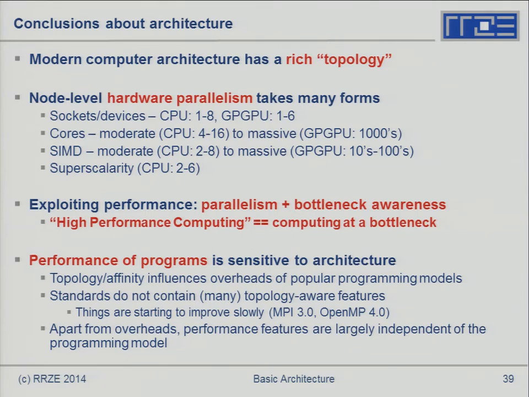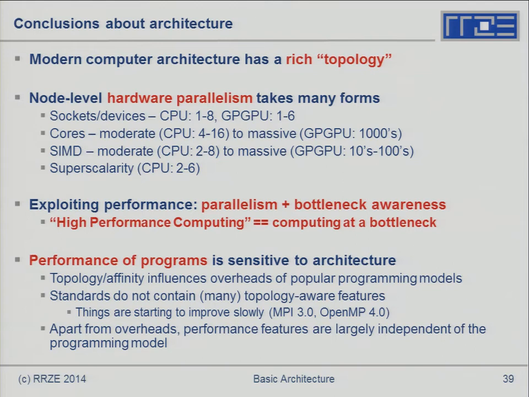Exploiting performance means you have to use all those parallelisms, and you have to be aware of the relevant bottleneck. As we said in the beginning, high-performance computing, when done right, is computing at a bottleneck. Usually, for each loop in your program, there's an identifiable bottleneck. Probably it's a pipeline stall, because you have some dependency in your loop. Probably it's memory bandwidth, very simply. Probably it's, if you're lucky, the peak performance of your add pipeline. And that's good, because you're computing at the highest possible rate. If you can do that, that's fine. You can stop optimizing, so to speak, yeah? At least in this